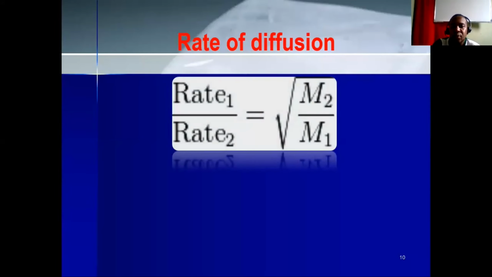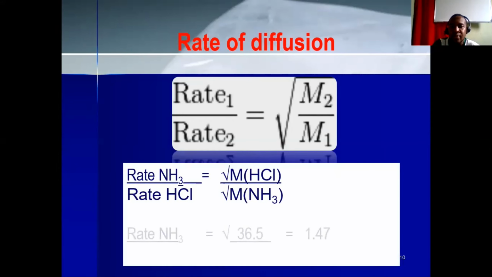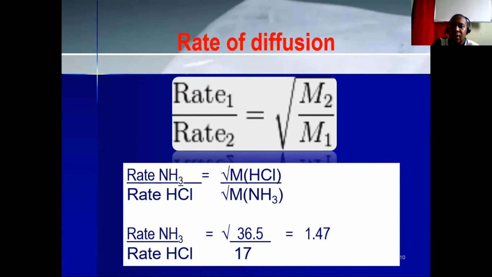So in that case, the rate of the first one over the rate of the second one is given by the square root of M2 over M1, where M1 and M2 are the masses of each gas. All right, so the mass of the HCl and the mass of the NH3 in this case, we'll divide those and find the square root to get us the rate of diffusion. All right, and we get a number without a unit, so 1.47 would be the rate of diffusion of the gas that will be produced in this